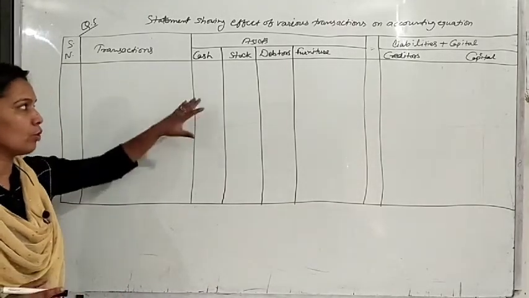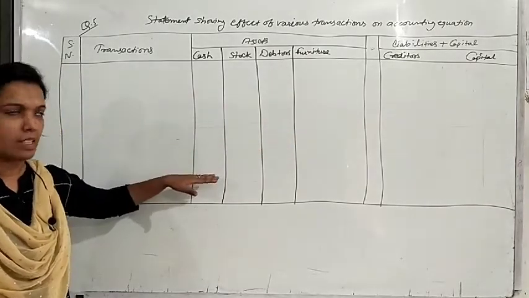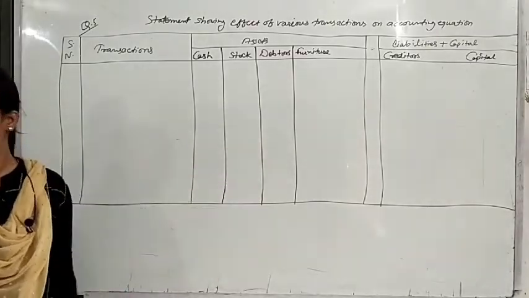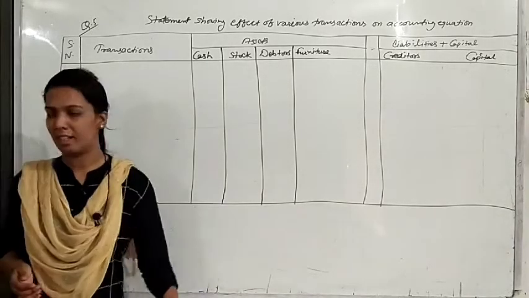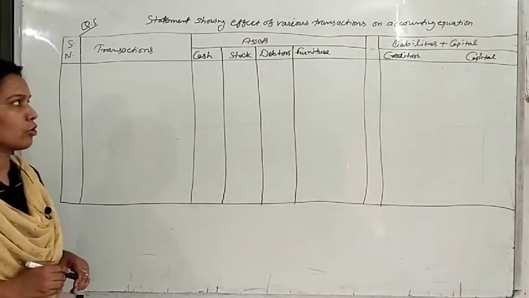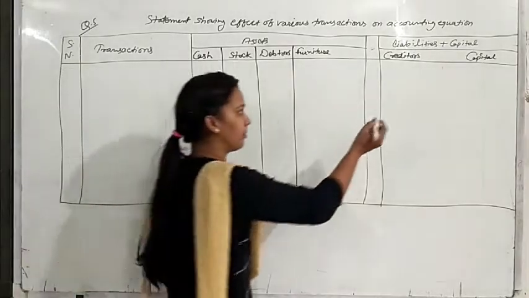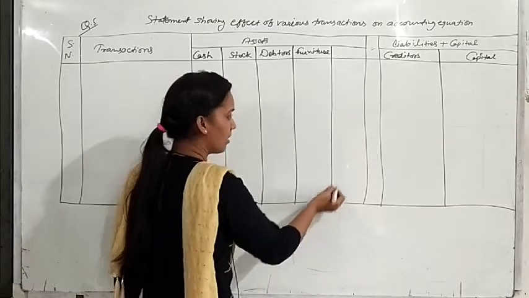So you are paying your creditor in full settlement. It means it will affect two accounts, cash account and creditors account, because your cash will decrease by this amount and creditors are also decreased. Next point, cash received from Manish. Manish was your debtor, so you are receiving cash from your debtor. It means it will increase your cash and decrease your debtors. Rent paid, rent is your expenditure, so it will decrease your cash and capital. Cash withdrawn for personal use. This is drawing. So drawing is also reduced from cash and capital. The last column is total assets.